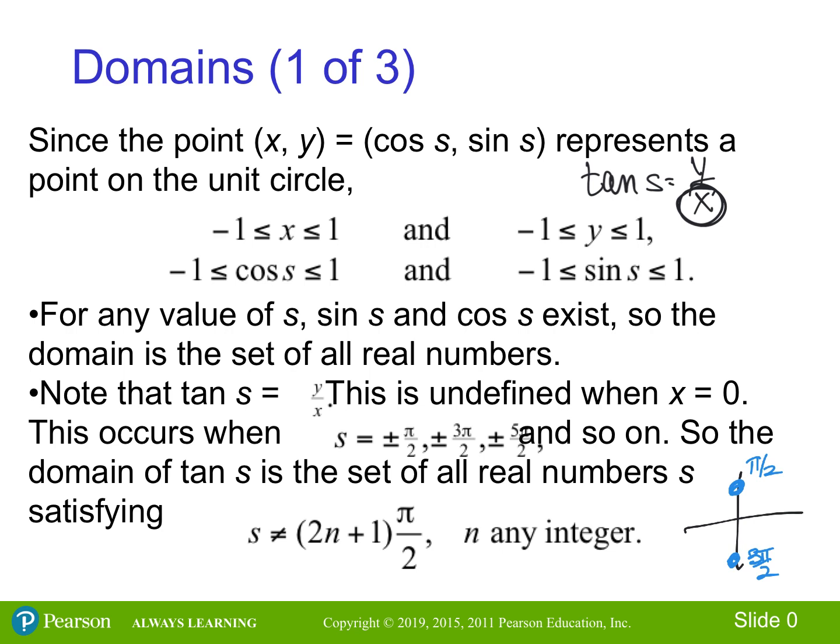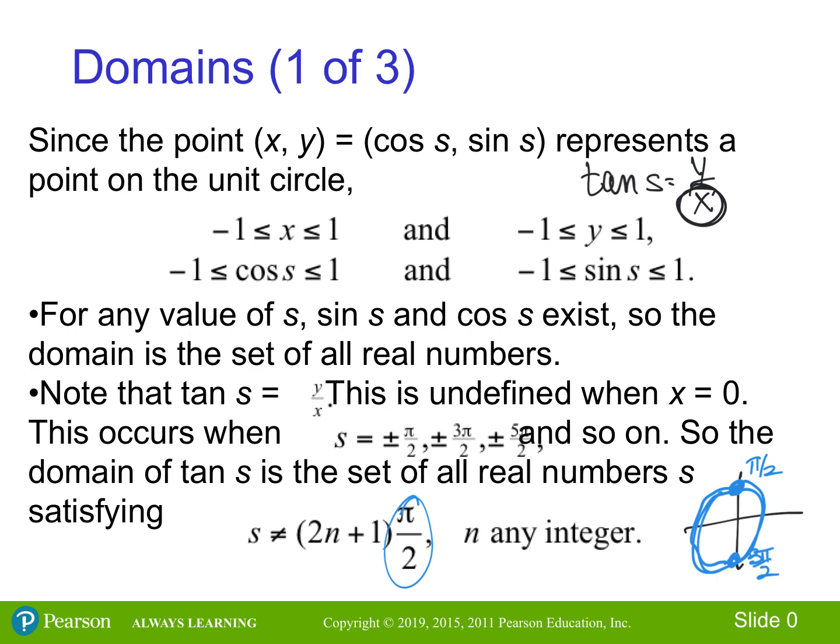So our domain then for tangent is going to be all real numbers except when we have multiples of (2n plus 1) times pi over 2, because we know that anything that's going to take us from pi over 2 to 3 pi over 2 and keep bouncing us around is going to make that denominator 0,